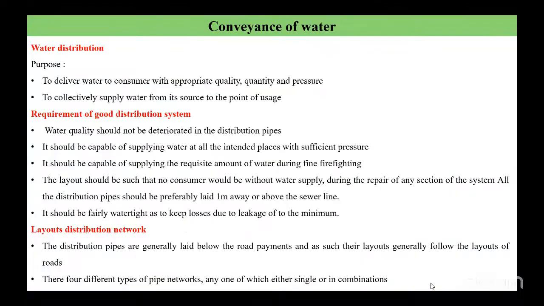So coming to the conveyance of water, where the water can be distributed. We all know the natural systems, the naturally formed ones like lakes, and how engineered systems can transport the water. These engineered and natural ones distribute the water, but there is a way that we get the water for our domestic purposes or agricultural fields. This is mainly called the water distribution system, where the main purpose is to deliver water to the consumer with appropriate quality, quantity, and pressure.